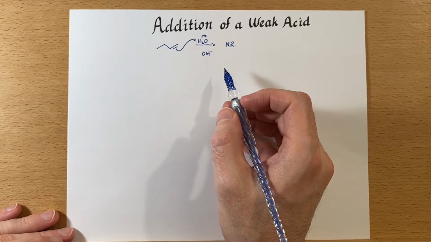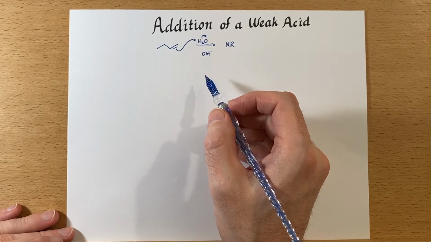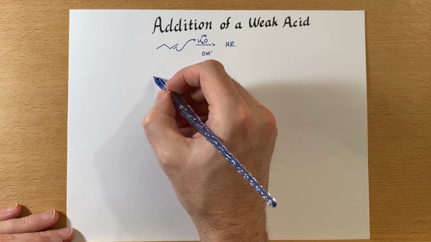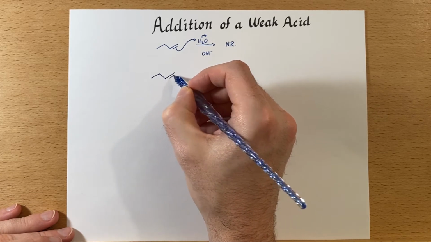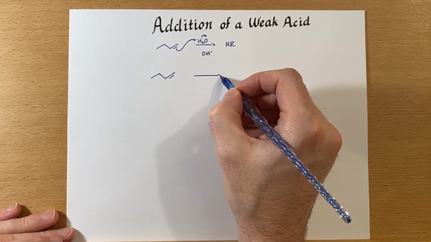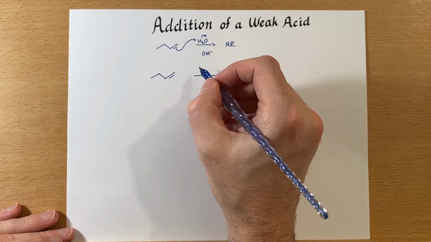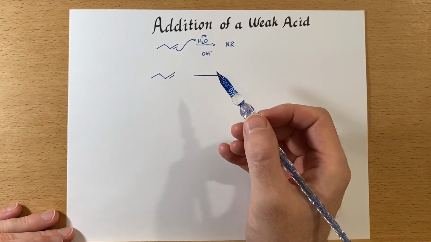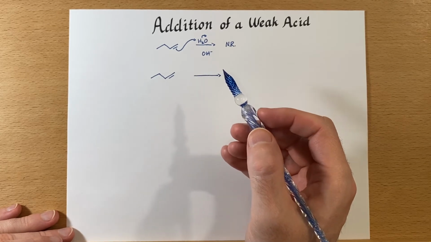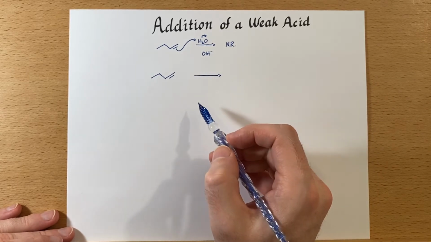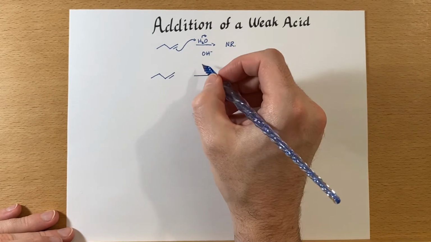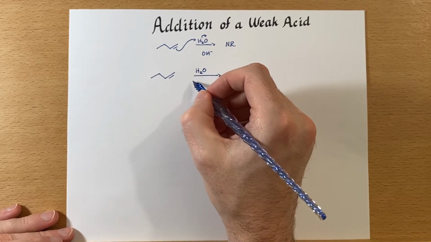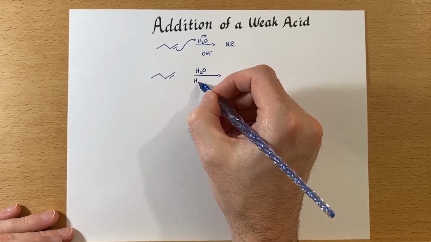Instead, what we'll have to do is add an acid catalyst. Often this is sulfuric acid. So let's see what happens when we add water, but we add a catalytic amount of sulfuric acid. If we added a lot of sulfuric acid, then that itself, the H2SO4, would do the addition to the double bond. But if we have lots of water around, and then we just add some sulfuric acid,